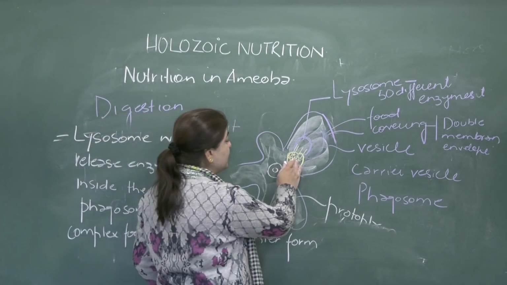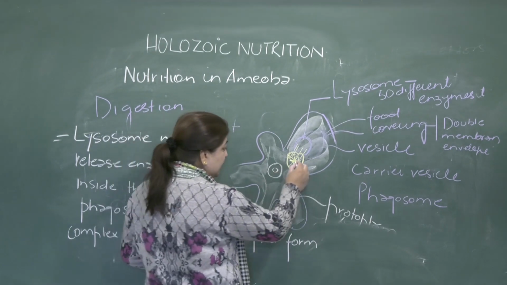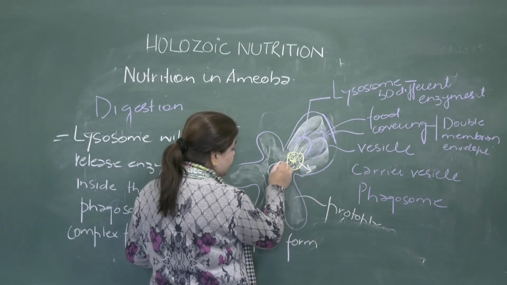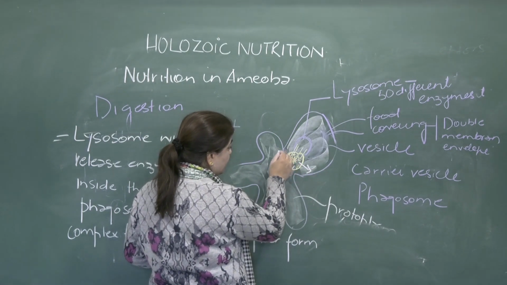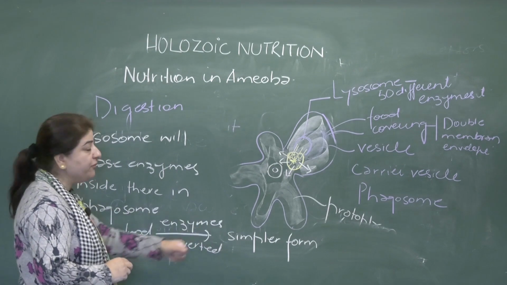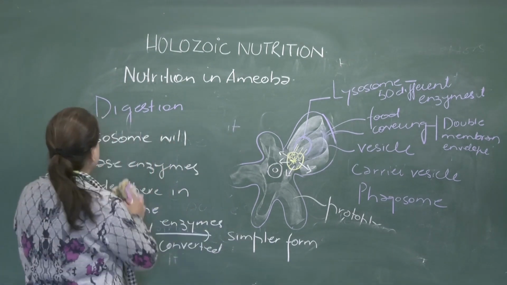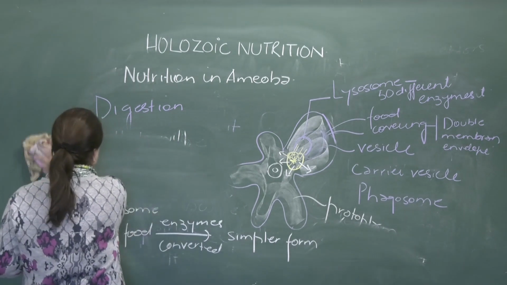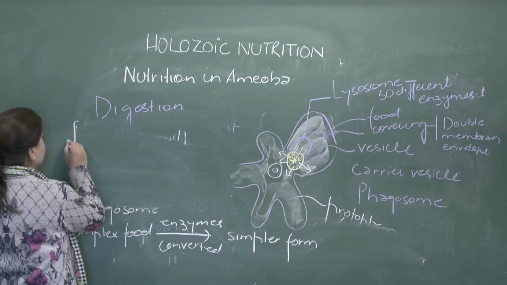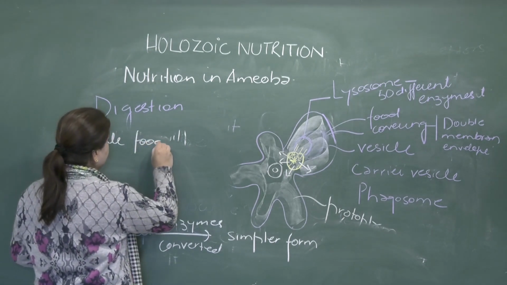Now, once the food is converted into simpler form, then what happens? The digested simpler food gets diffused out. Once the food is converted into simpler form, the simple food will diffuse out of the carrier vesicle or the gastrule. Then the next step will be simple food